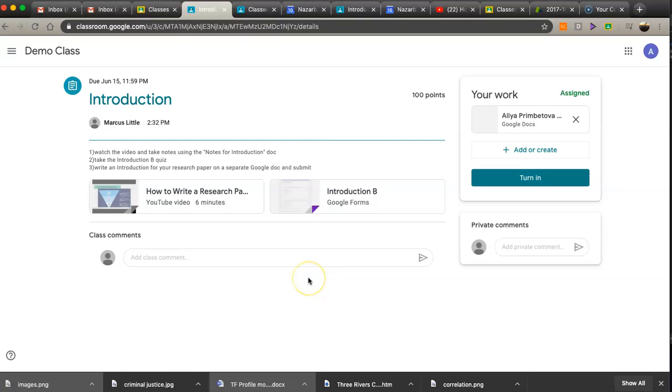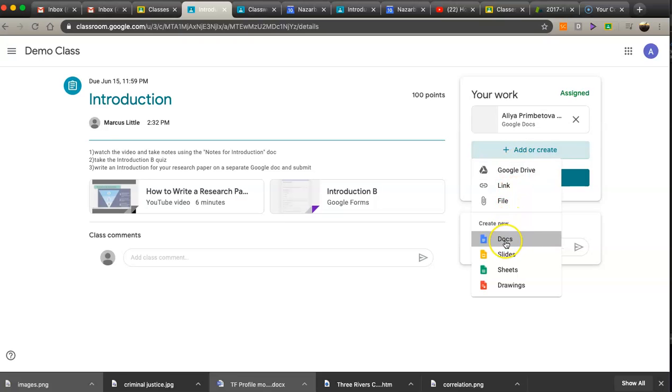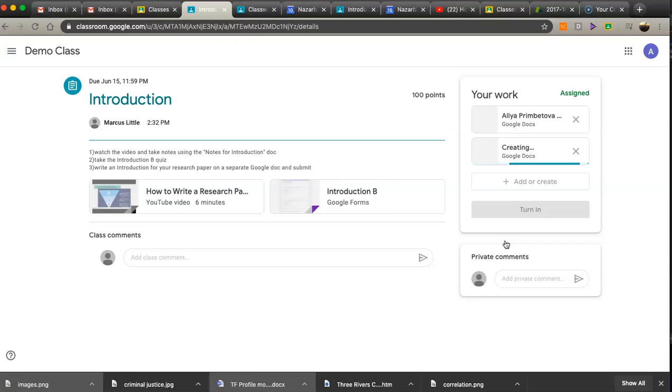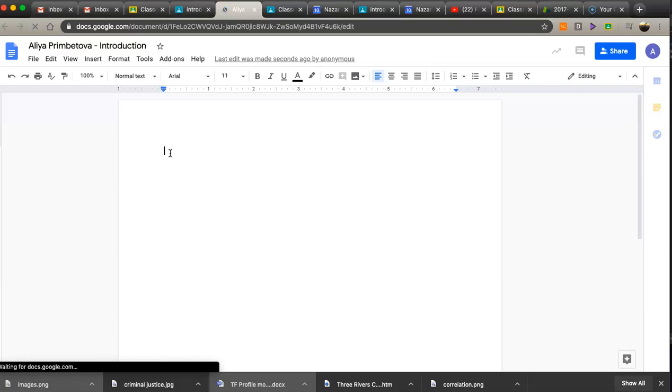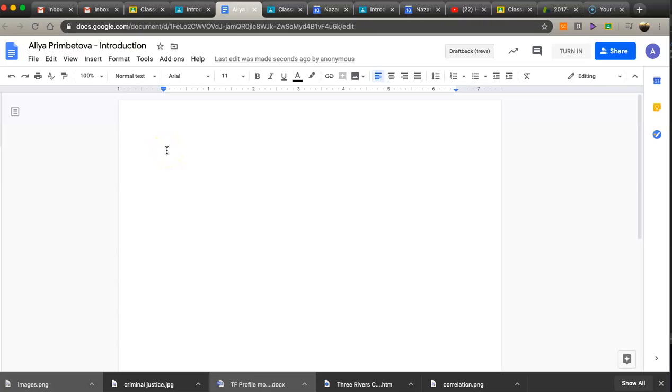Now, the third instruction is for the students to write an introduction on a separate Google document. So what they would do there is come over here and click Add or Create, and then they're going to add a Google document. Okay, and then here they would complete the assignment, and then they would submit. Okay, so let's go back to the teacher's perspective